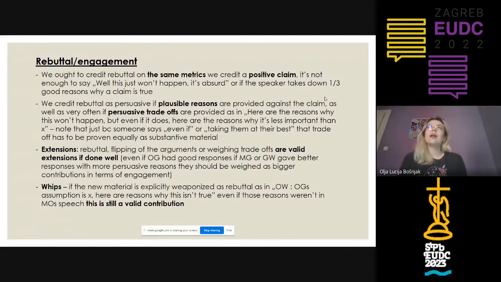So even if the argument is true in 5% of the cases, here is why this is more important than an intuition pump or a reason. Or even if they're correct in most of the cases, here's why what we have is more relevant, etc. So these are also things that should be taken into account when we're looking at, was the engagement and rebuttal done well? In terms of extensions,